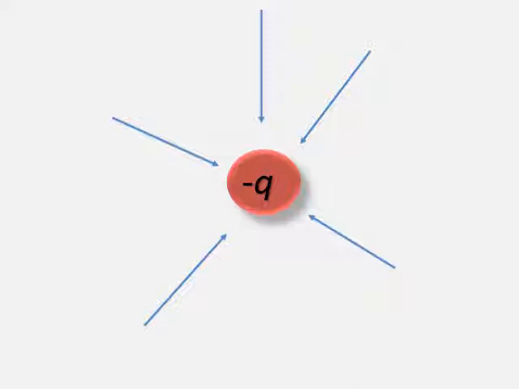Hence we can say that any positive or negative charges can be represented by arrows, going outside or inside. If it is a positive point charge, the arrows are going outward like this. And what if the point charge is negative? We can say that fine, we'll represent it by inward arrows.